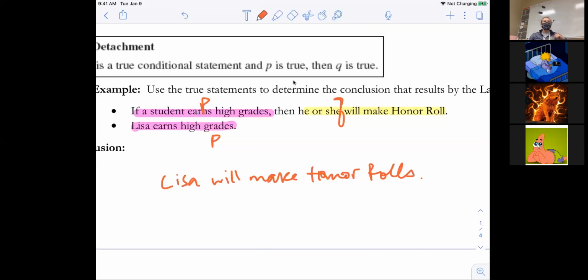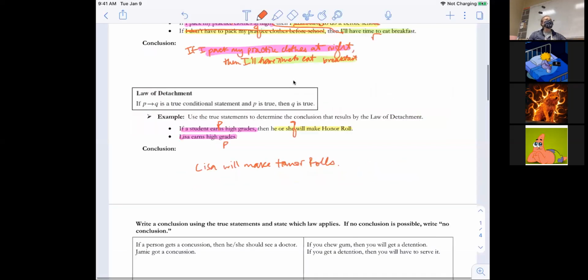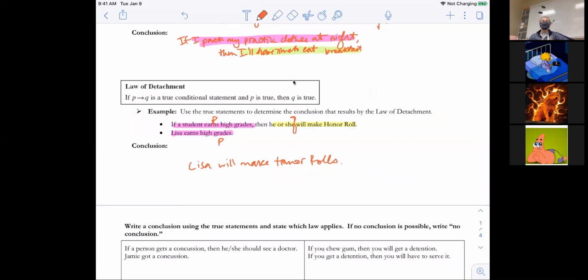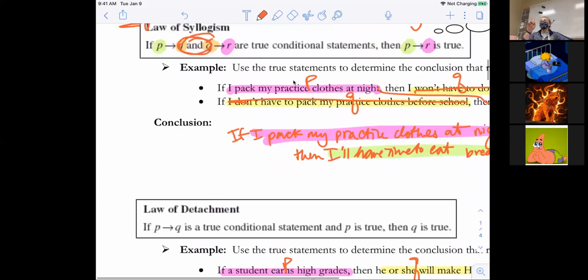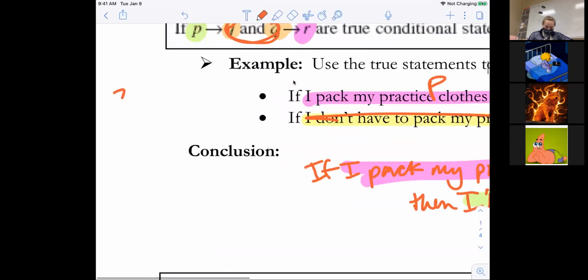Then we can conclude true. So let's talk about that as a pattern. Kate's trying to figure out a way for her to know what's going on, right? If you look back at law of syllogism, I gave you two if-thens, and then we came up with another if-then. So I had two if-thens, and then I came up with a third if-then. That's kind of a pattern you'll see with law of syllogism.